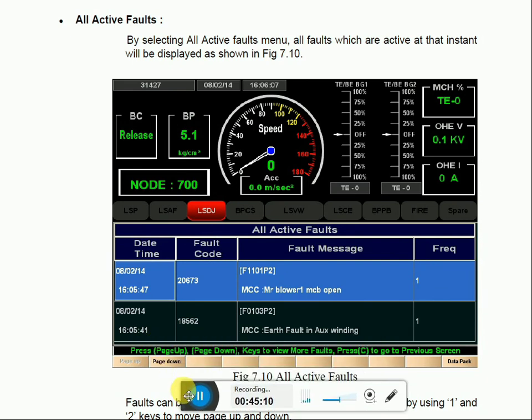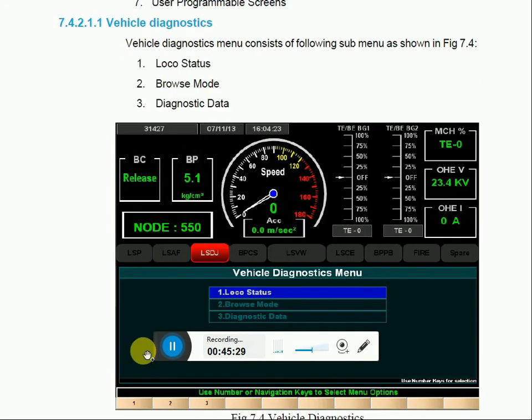If you select all active faults, this background message will be displayed. By page up and page down, we can see all active faults. From vehicle diagnostic, we can see loco status, browse mode, and diagnostic data set.